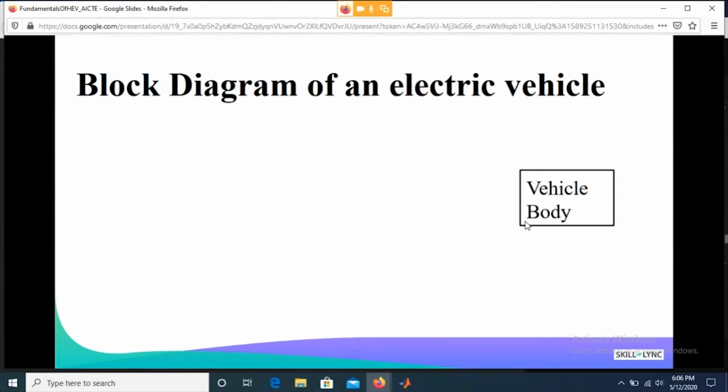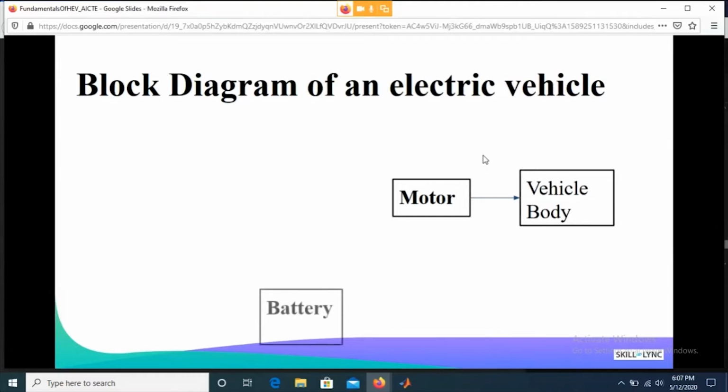So let's consider we are considering an electric car. The vehicle body is the very first model I'm going to create. Now, if I'm creating this vehicle body, I'm going to test it separately and then club it with the next model, which is a motor, right? Once you have the vehicle body model ready, you need to connect it with the motor, and the motor is going to provide power to the vehicle body. Once you have the motor and its electromechanical system in place, you can connect the motor with the battery. So the battery will provide energy to the motor, right?